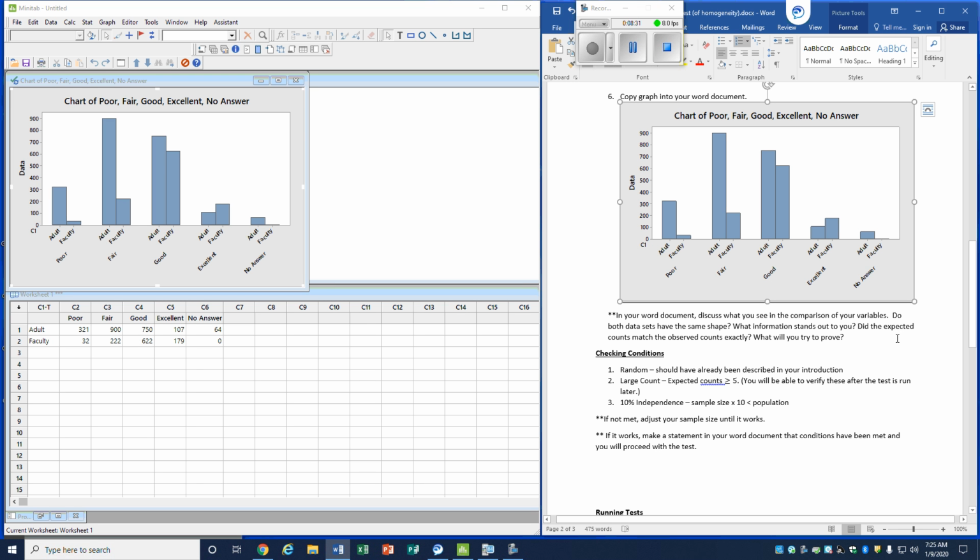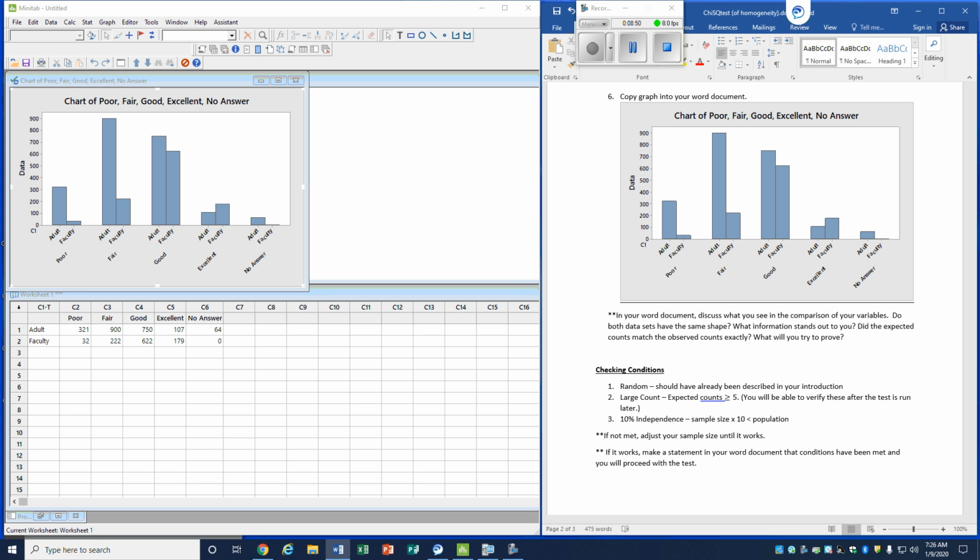But what we want to see is, did the expected counts match the observed counts exactly? This is something we're going to be able to see after we run our test. But what we're going to try to prove is that we do see some differences right here. So I'm going to form a hypothesis for my test right here. My null hypothesis, since this is a test of homogeneity, we're going to be talking about sameness here. So my null hypothesis would be that the adults have the same opinion as the